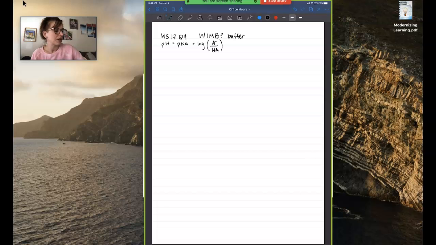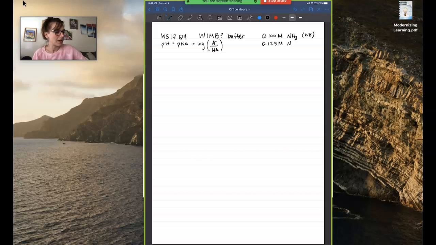We also recognize that we have a 0.100 molar ammonia solution. So I like to write down what is ammonia? NH3. Okay, awesome. What is ammonia? NH3 is a weak base. Good. So just recognizing that that's the weak base component. And then we also have a 0.125 molar